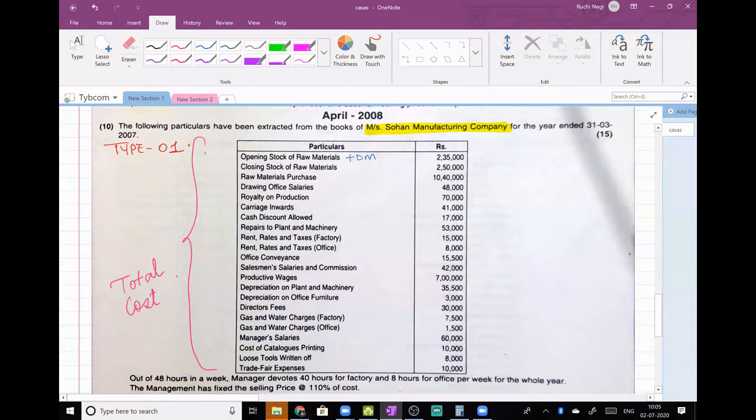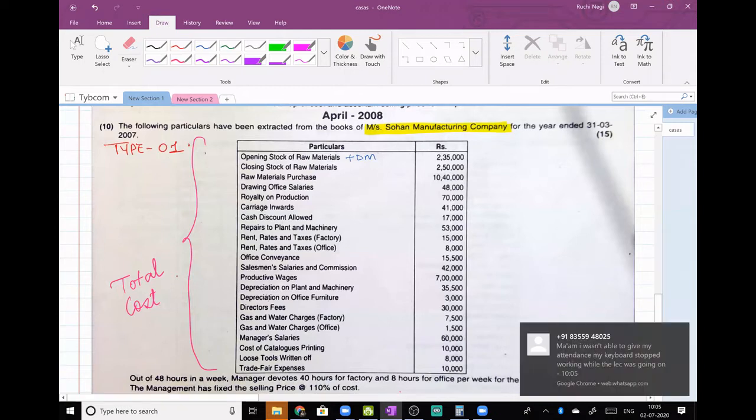Out of this we have to identify direct cost and indirect cost. Direct cost, maybe we have to identify what? Direct material, direct labor, direct expenses. And from indirect cost what we have to identify? Factory overheads, admin overheads, selling and distribution overheads. Don't forget, this is the crux of the chapter. Whatever information is given to you in tabular form is your total cost, and out of this total cost I have to pick up my direct cost and indirect cost. There may be certain items which will not be cost, you have to ignore them.